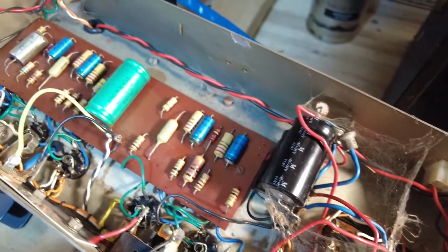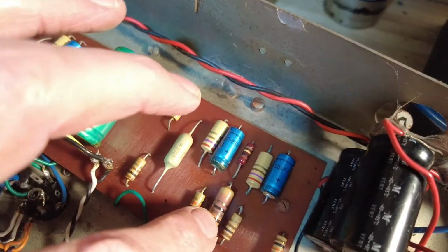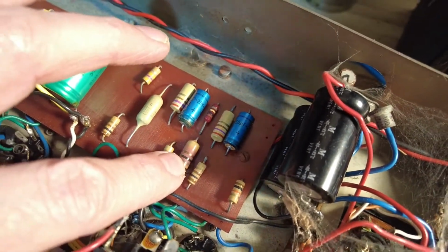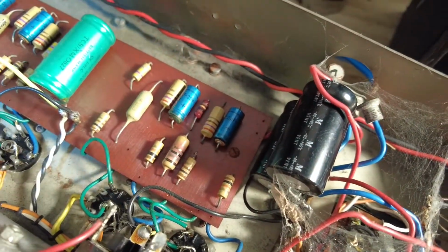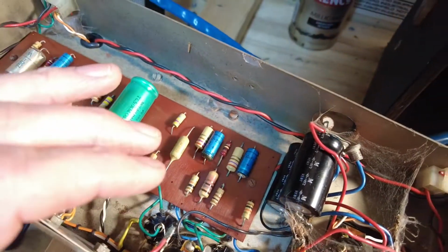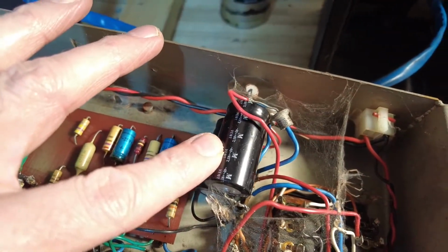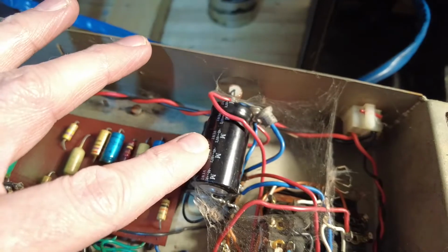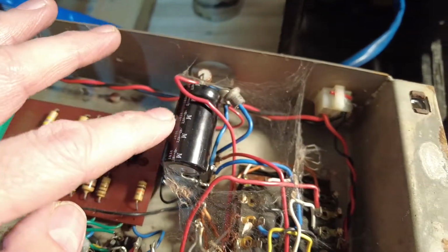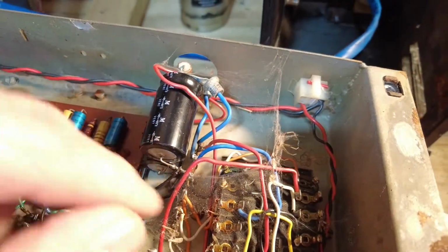So I can see a few things in here. One is a very burnt resistor there, and we're not sure what that's doing. Could be some kind of drop-in resistor. So that's burnt, but I'm afraid there's something far more serious than that, and that is that that has been botched, and I mean botched. So if we just remove that